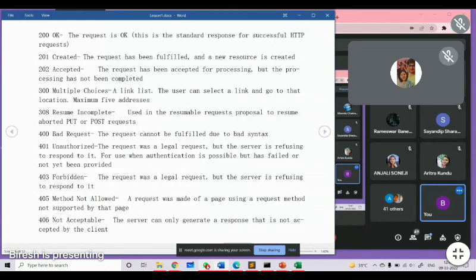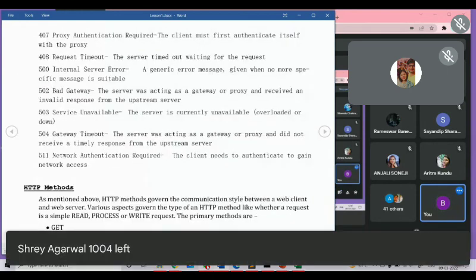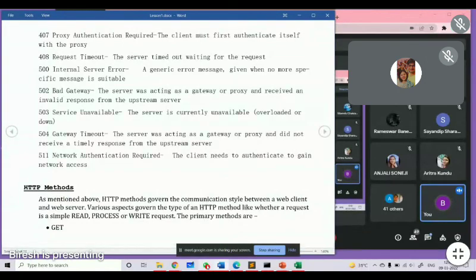Okay, so all these different numbers are there. The 500 numbers are mostly server-side errors: bad gateway, internal server error, gateway timeout, all these other things. Okay,